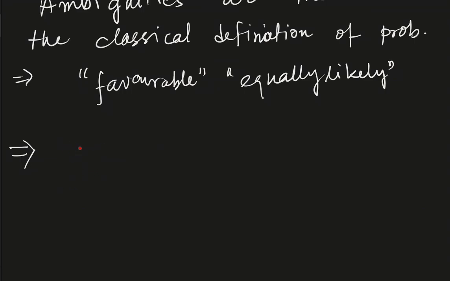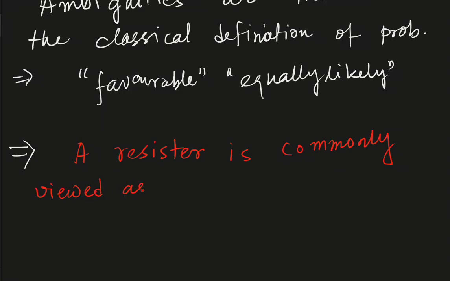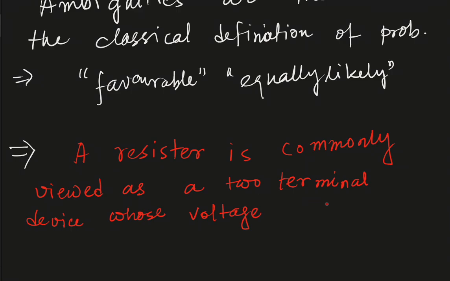Suppose that a resistor is commonly viewed as a two-terminal device whose voltage is proportional to the